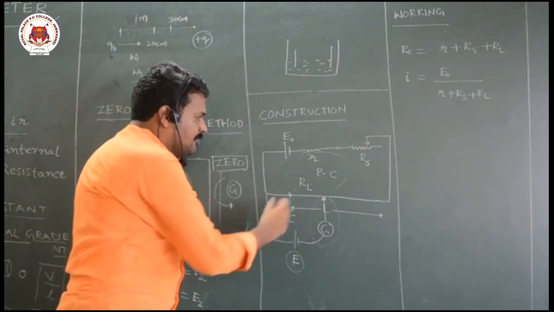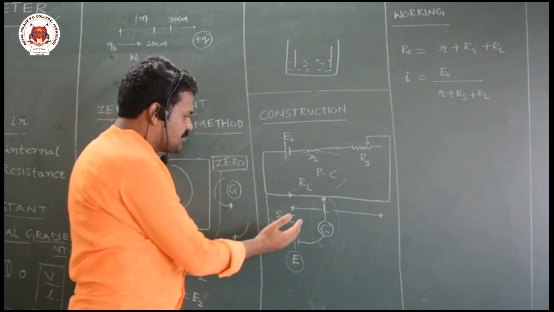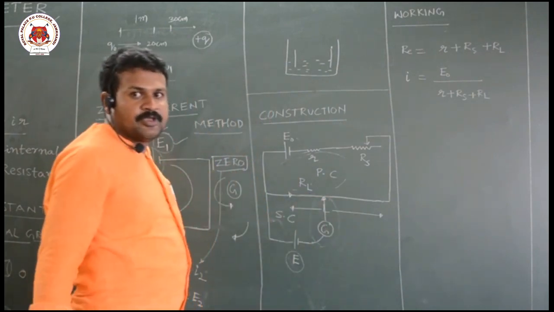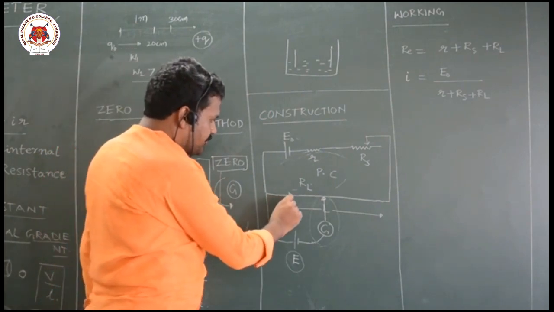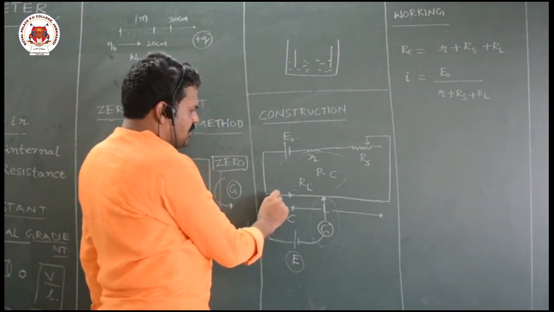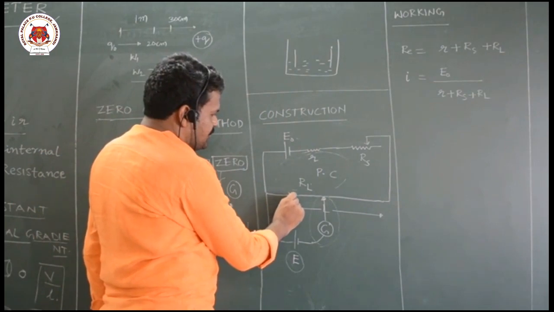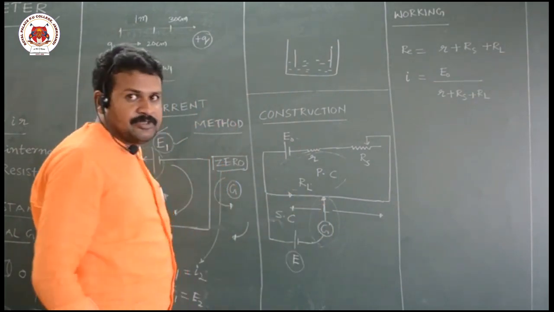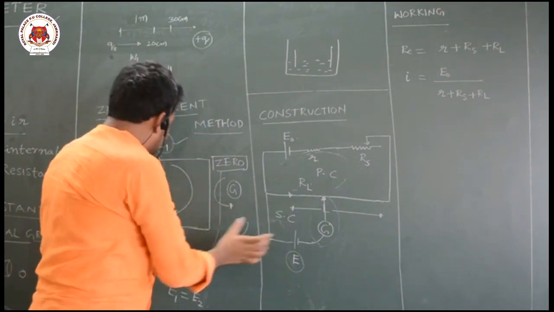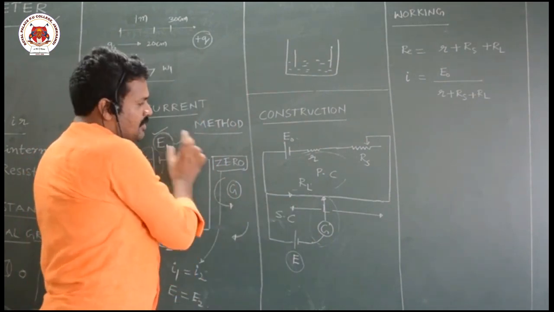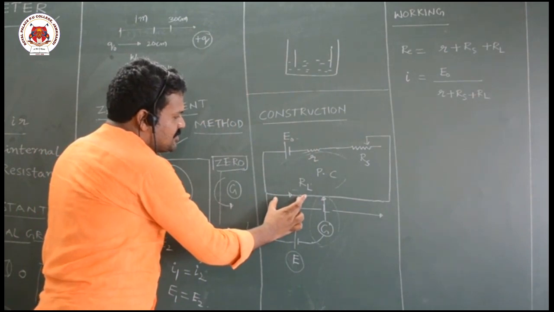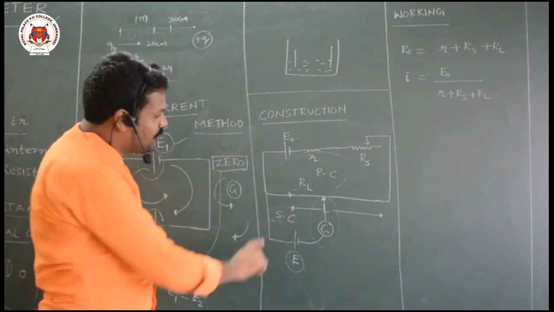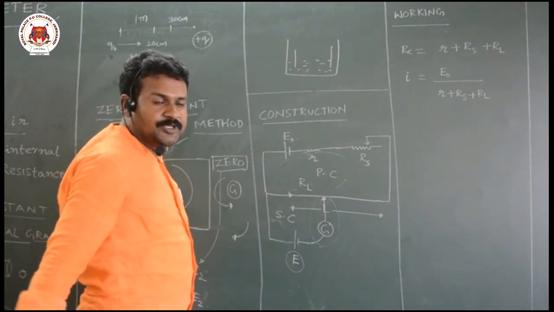Now what we have to do next? You take this jockey and move it across this wire like this. Initially let us take the jockey is here. You start moving like this and observe the reading in the galvanometer. Now this part of the wire acts like this cell here. If this potential difference is less, current is taken out from this battery. Some current is flowing.